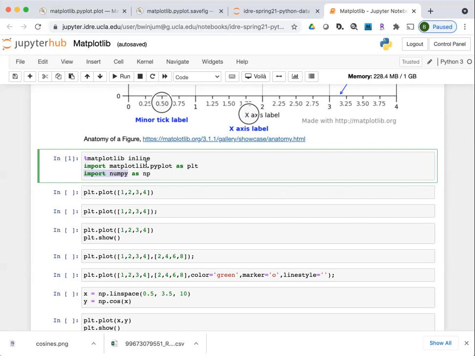I import matplotlib, a specific submodule of that library called pyplot. So pyplot is the submodule which is intended to make the easy things easy. It's a submodule which you can call with very simple methods to generate simple graphics that you don't want to alter a lot before you just generate the graphic. This is a standard convention in matplotlib, to import matplotlib.pyplot as plt.